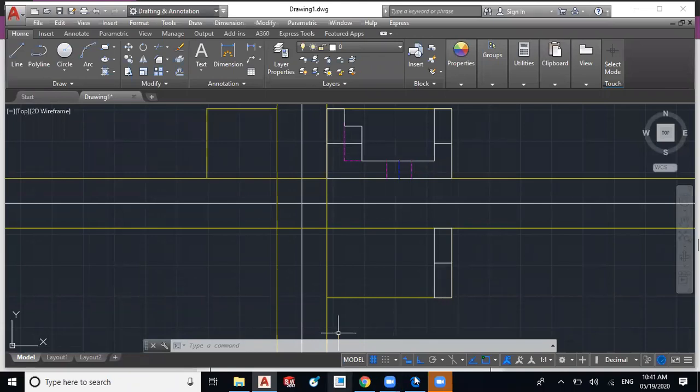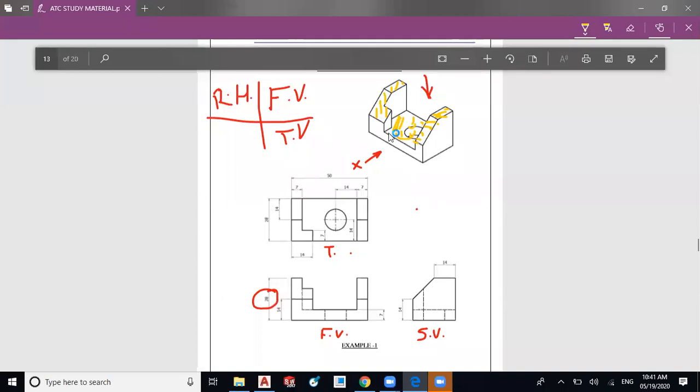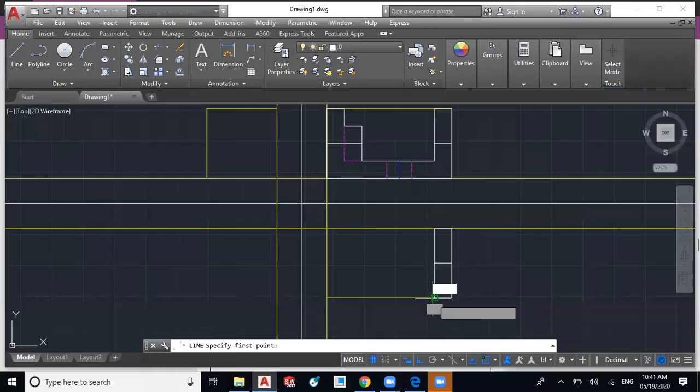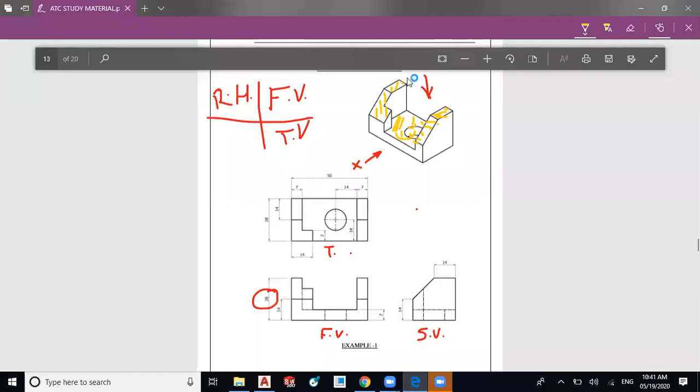Now we have to create this edge. This will be up to this point, and again we have to extend it so it looks like a single line. So I will continue till the end. I start from this point to this, then you will be able to see this outer edge as well and this outer edge. So I will complete the outer edges.